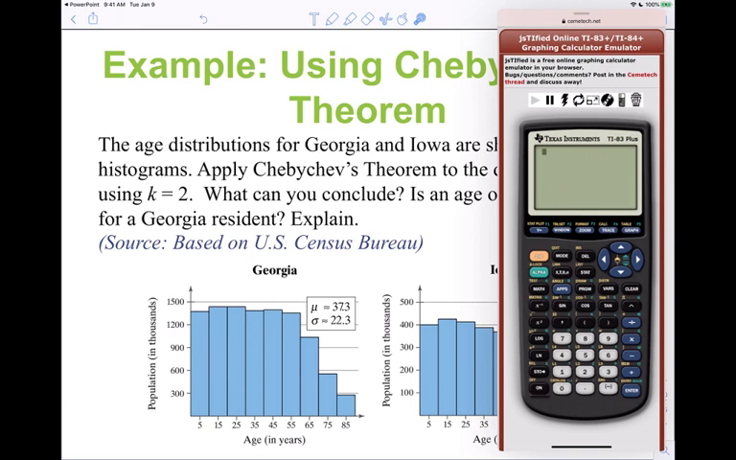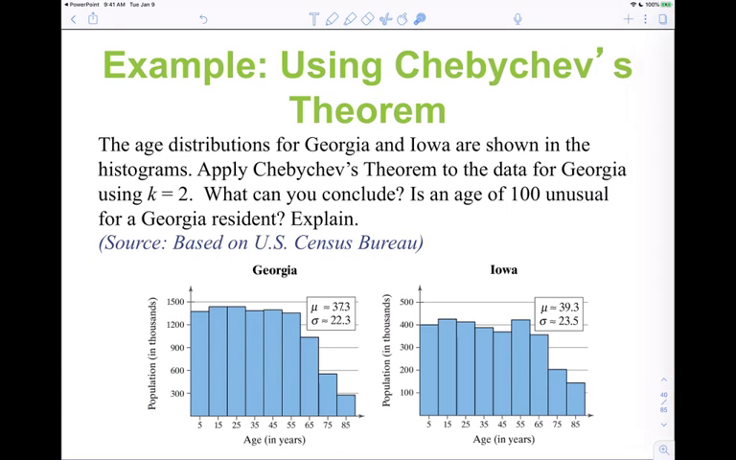So then if we say that 37.3 plus 2 times 22.3, we get up to about 82. And then if we say minus, it goes into the negative, so we have to just go to 0. If we say minus here, it'll go 2 standard deviations to the left. We're at negative, so we're not going to do a negative age. So what this means, if we have our average age and 2 standard deviations,